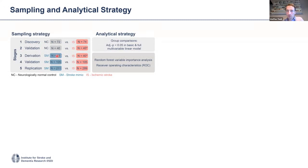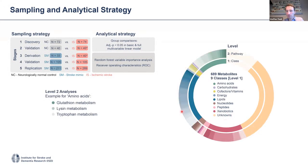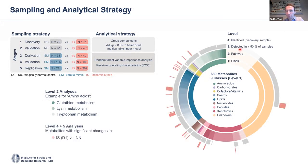We used an untargeted metabolomics screen here to identify in the first set almost 700 metabolites across the different classes, and here distributed across the different pathway levels, here as an example for amino acids. We only analyzed metabolites that would be detectable in more than 50% of our samples, and using 2 different linear regression models adjusting for different sets of confounders such as comorbidities, obviously also age, but also glomerular filtration rate, we identified 49 different metabolites as being different between these 2 groups in the first set, so neurologically normal controls